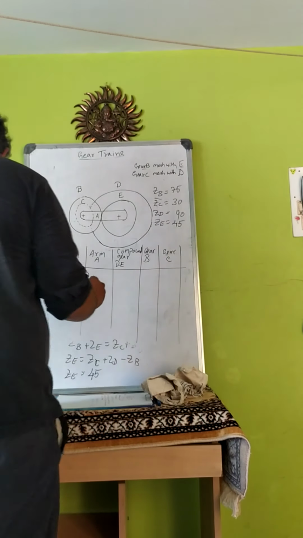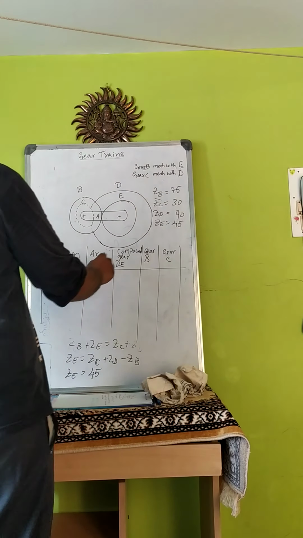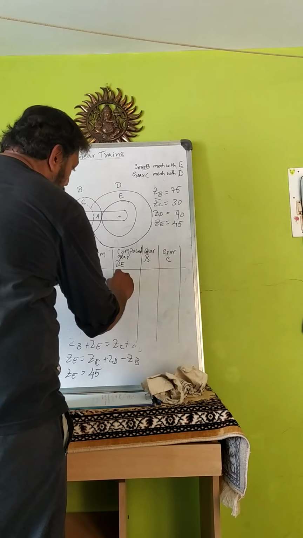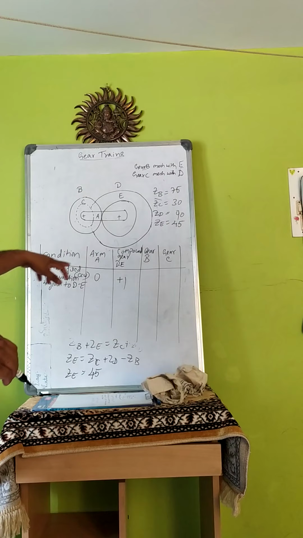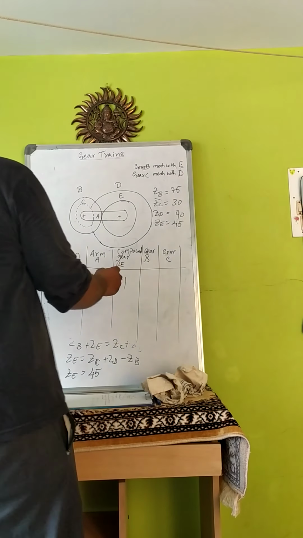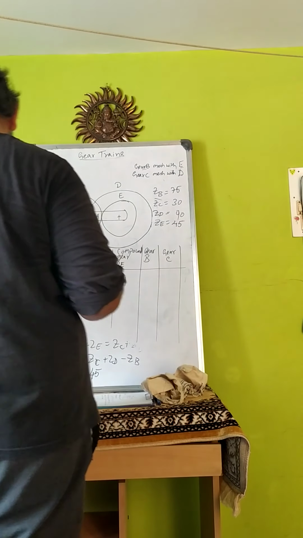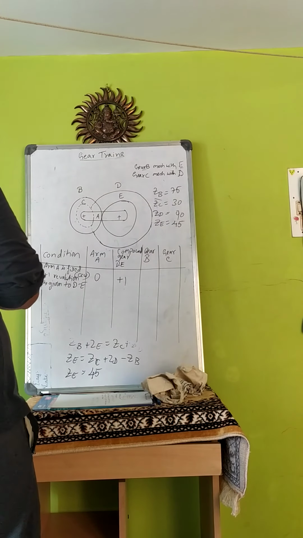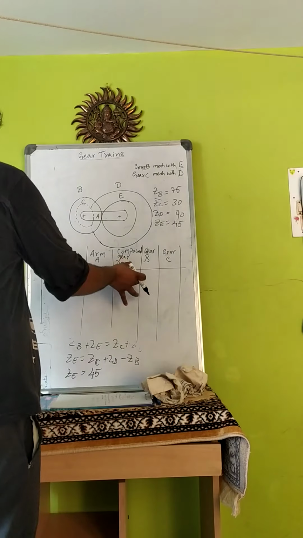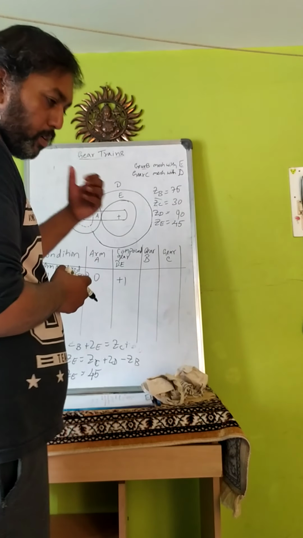So arm A is fixed, so the motion is 0 for the arm A. And compound gear we are giving +1 revolution in the counterclockwise direction, so it will be taken as +1. Okay, so because of this, what happens to gear B? Gear B, there will be a ratio, that is the ratio of velocity.